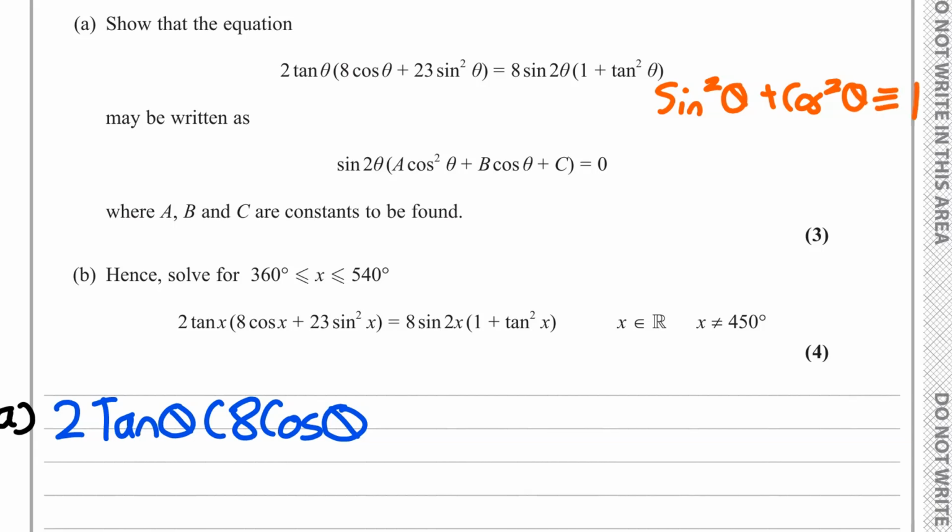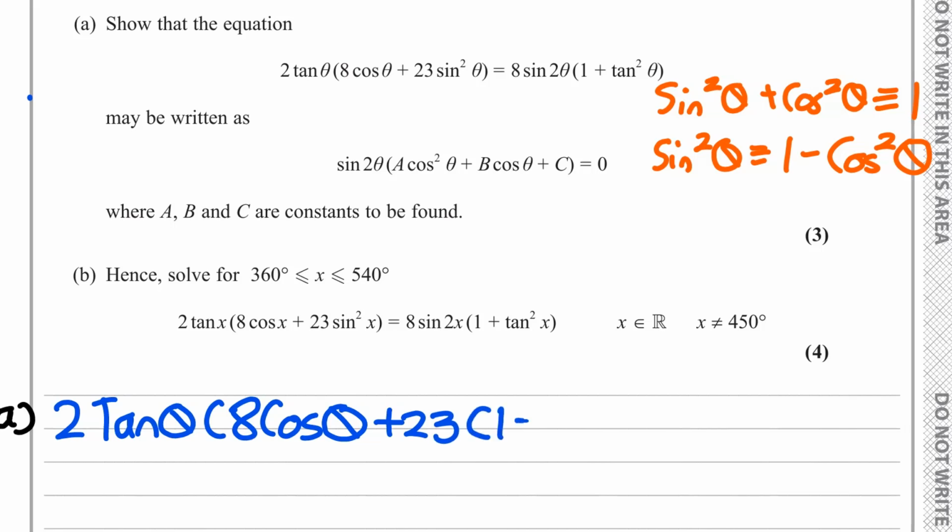If we move the cos squared theta onto the other side, we get sin squared theta is equivalent to 1 minus cos squared theta. So we can sub this in here, so we can write this as plus 23, and then instead of sin squared theta, it's 1 minus cos squared theta like this here,